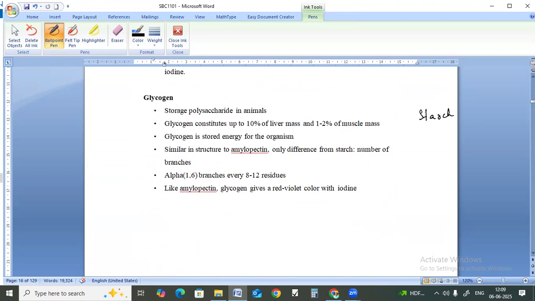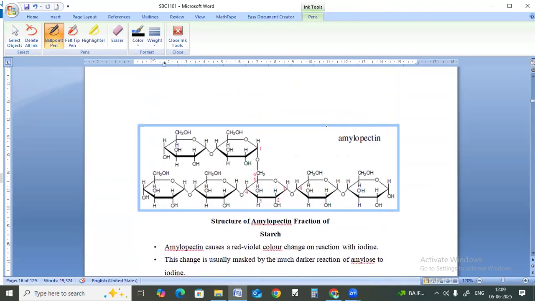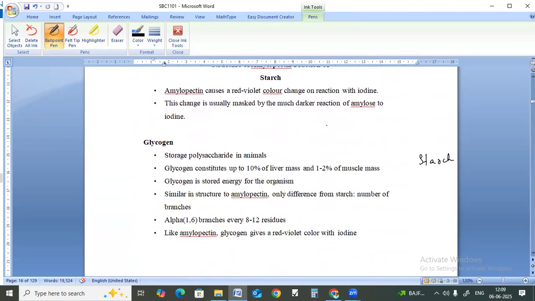Whereas the glycogen is also a storage polysaccharide, and it is mainly present in animals. Starch is present in plant cells. Here the glycogen is the main reserve of the animals, and it is mainly stored in the liver and muscle. This glycogen is stored energy for the organism, and